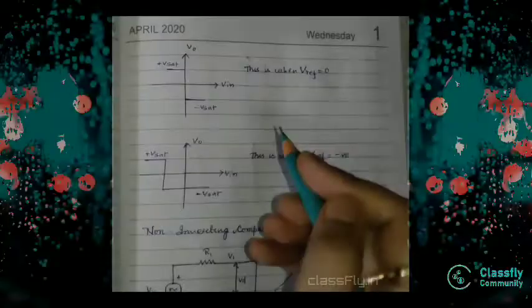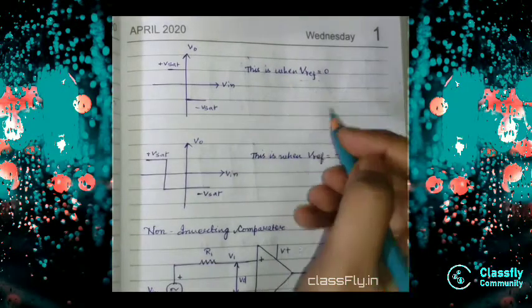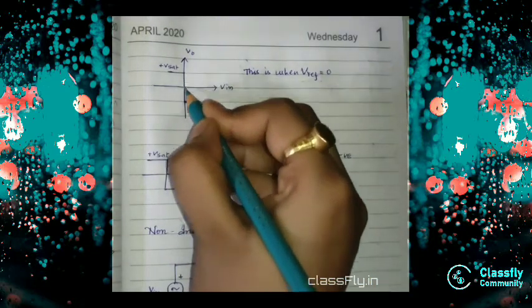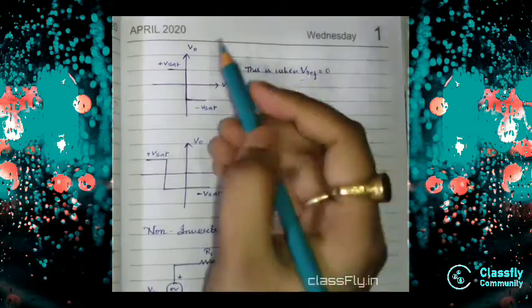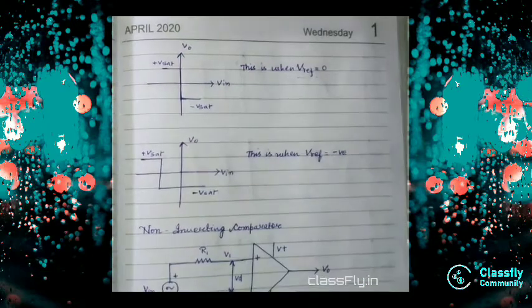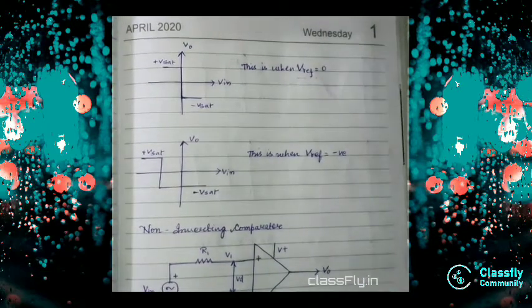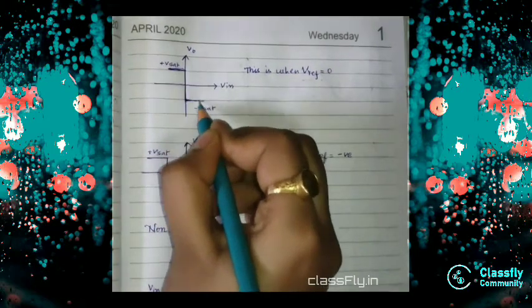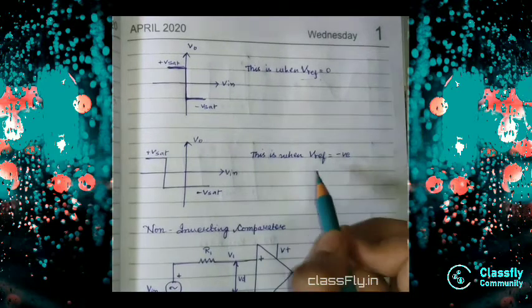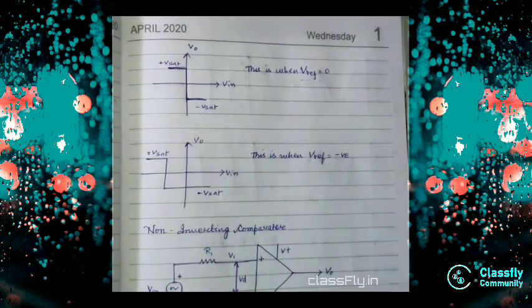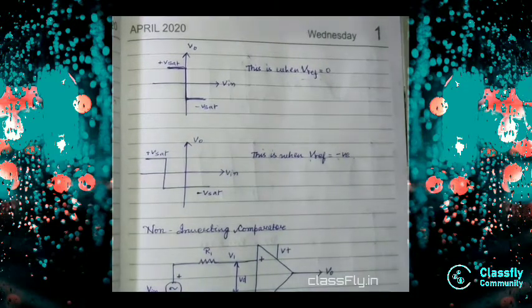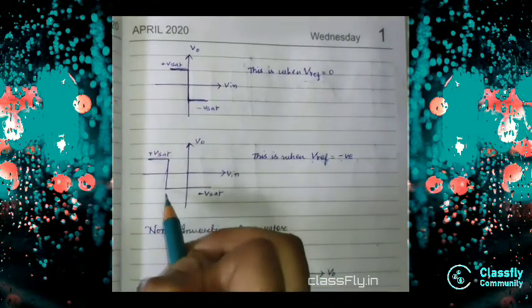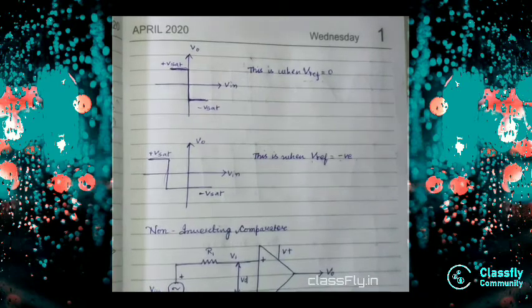Now we will see when Vref is equal to 0. Vref here is in the y-axis, the straight line is in the y-axis, and the plus V set is on the left side of the y-axis. You can see clearly. Okay, and then below it is the minus V set. Now we will see Vref is equal to negative, and here the thing is on the left side, so the positive V set with the minus negative V set.